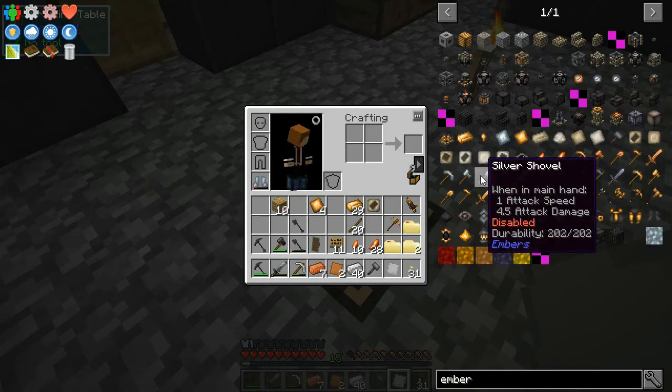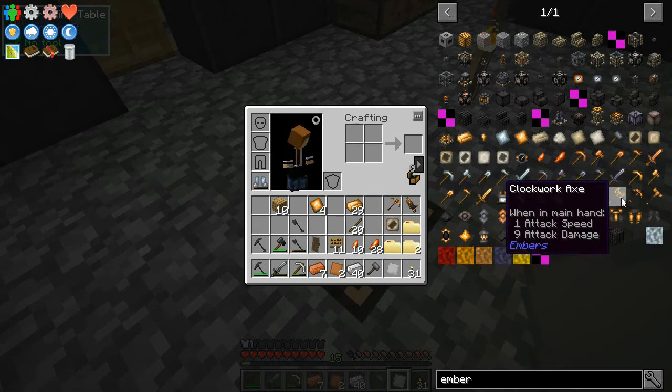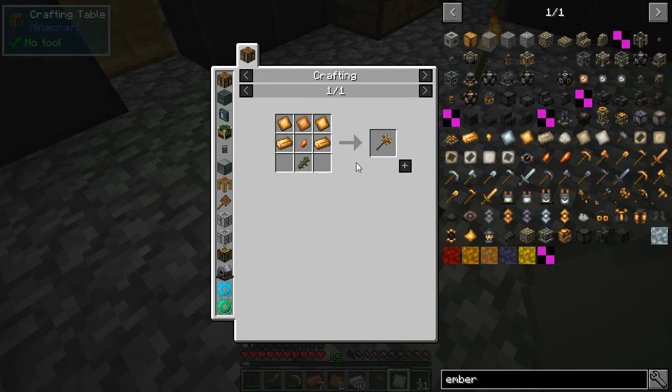Okay, we got a bunch of stuff now. I've managed to make myself the blazing ray already. So we've got the Clockwork Pickaxe. What else do we need? We want this Clockwork Axe, which is...